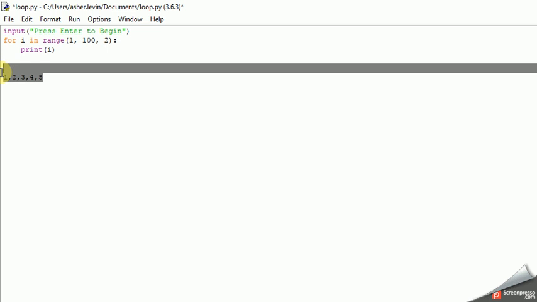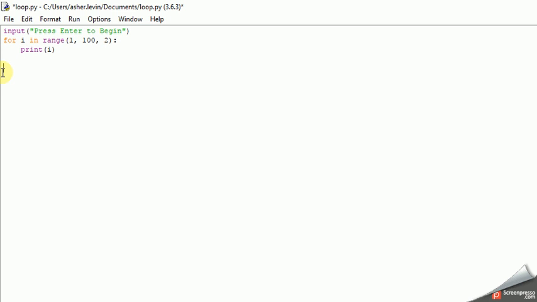Pause the video, experiment, see how you do. I'm going to show you the solution in 5, 4, 3, 2, 1. Okay, so all I'm going to do is change that 1 to a 0. Now look what will happen. It'll go 0, it'll skip 1, and it'll go to 2. Boom, boom, etc, etc. So if I run it now,